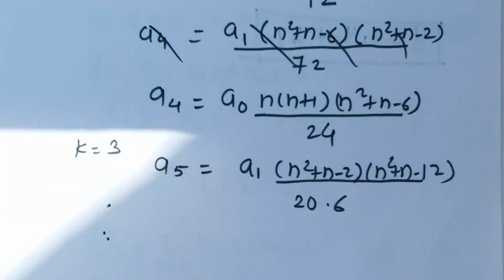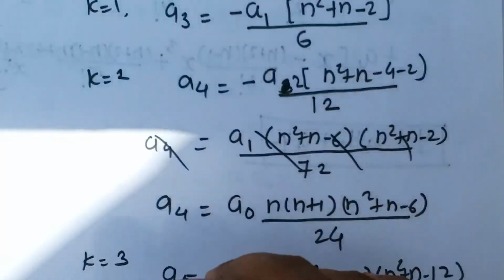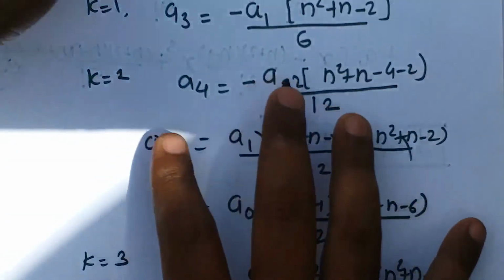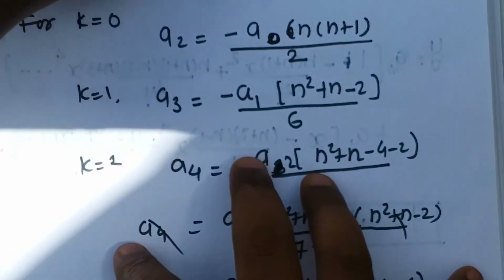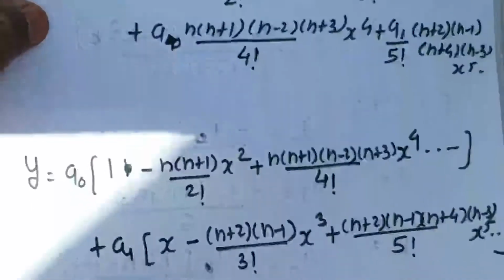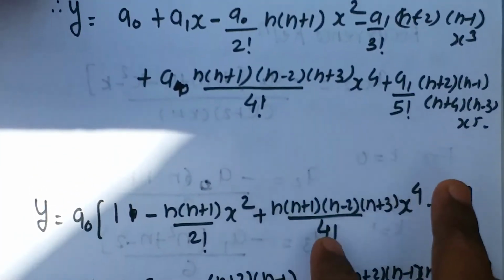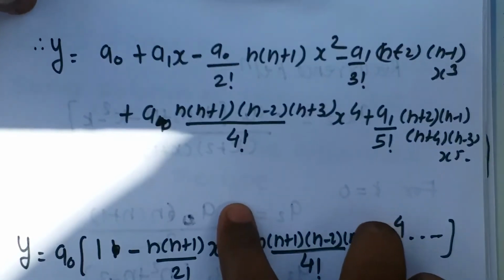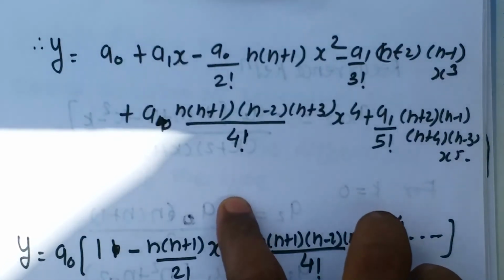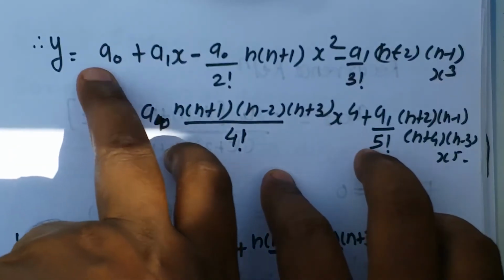So I have obtained a few constants for you, okay? Now these constants we are going to put in the solution y equal to that power series, okay? And that will give us the final solution of the Legendre's differential equation at ordinary point x equal to 0. Now while substituting the values of a0, a1, I have factorized the polynomials, okay? Those polynomials we obtain in the coefficients.